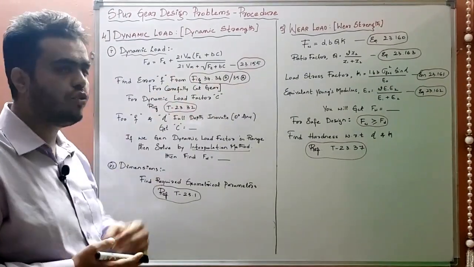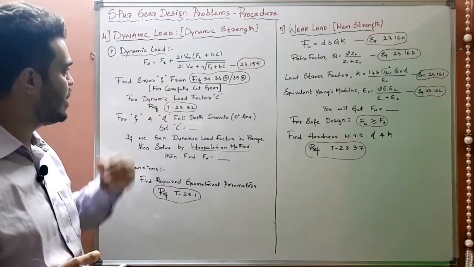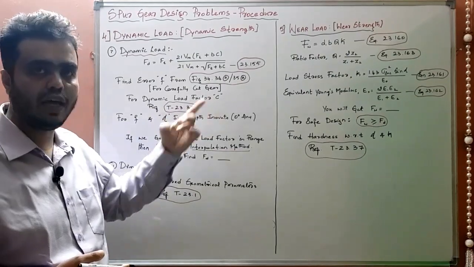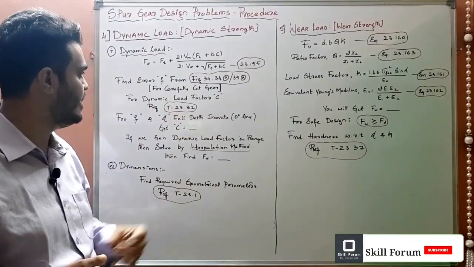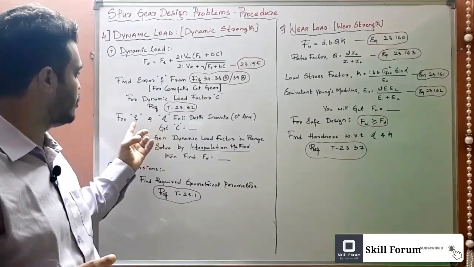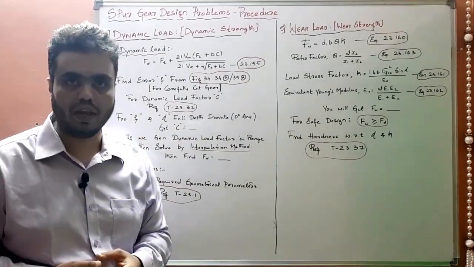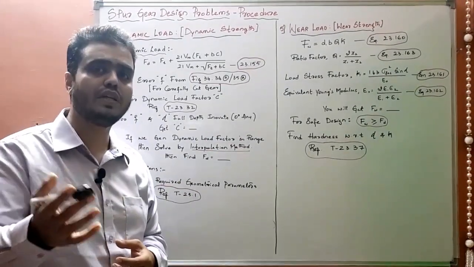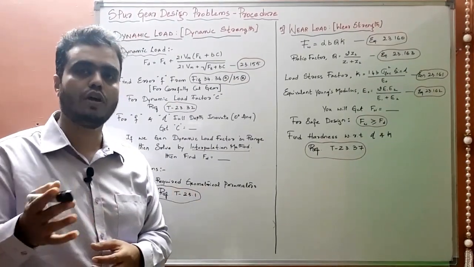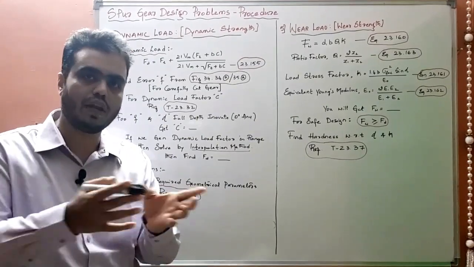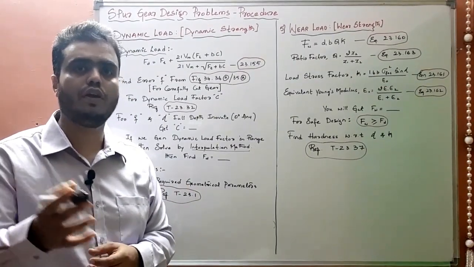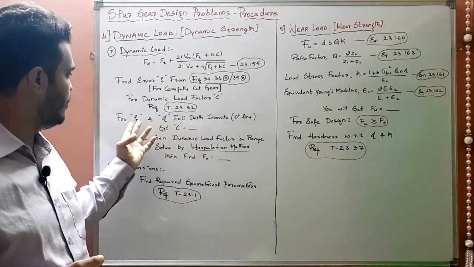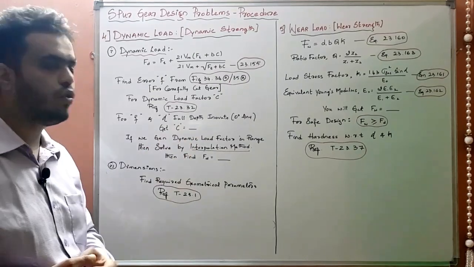So this equation you need to refer to find out the error. Once you get an error, for the dynamic load factor you will get a dynamic load factor C in table 23.32 with respect to error and involute profile. So what profile has he given in the question? Sometimes, if he has not given the profile, you need to assume it as per your requirement, whether 20-degree involute or 14-degree involute profile. That depends on you. Once you get the dynamic load factor C, right?